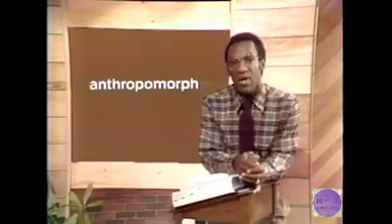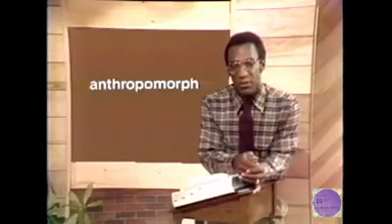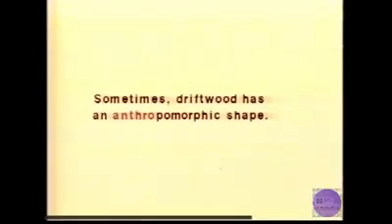Morph is a Greek root meaning shape or form. Anthropos is the Greek root for mankind. So an anthropomorph is a human shape. Using the word in a sentence will make it clearer. Sometimes driftwood has an anthropomorphic shape. Once you know the meaning of the root anthro, you can take a good guess at the meaning